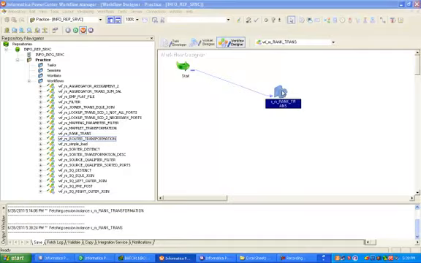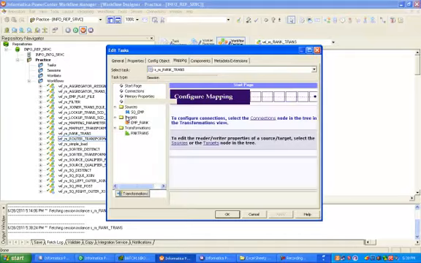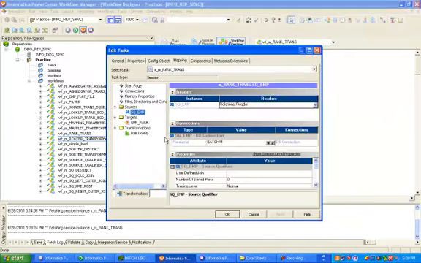Double click on the session. Click on Sources and the SQ_EMP table. Here we have given one relational connection. For the source we have created Scott as a relational connection.